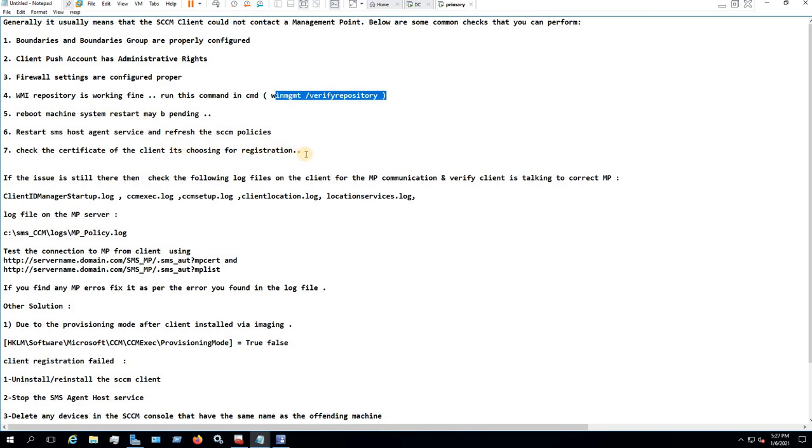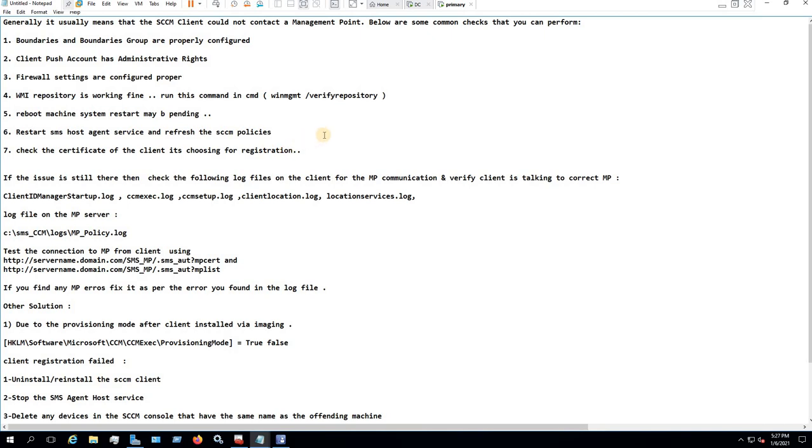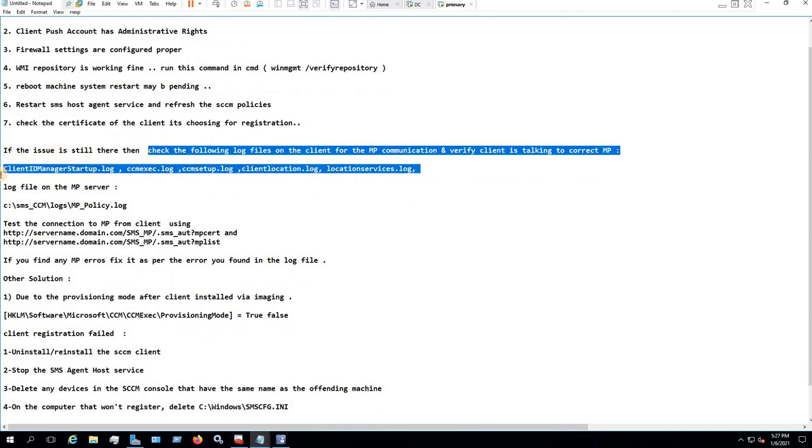And if you are still facing the issue after performing all these seven steps, then I suggest you check the log files as I mentioned here.